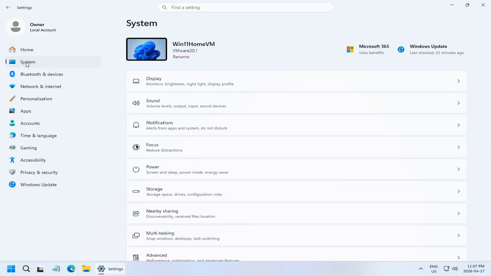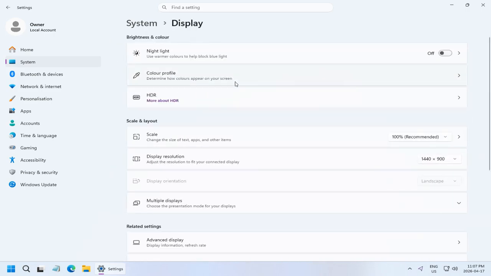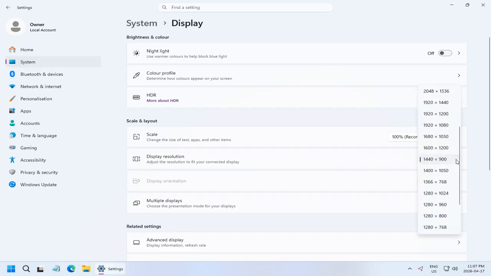on the left, and then on the right-hand side, the very first choice here is Display. Click on that, and then under Scale and Layout, first thing we're going to play with is Display Resolution. So currently we're at 1440 by 900. If I click the little down arrow on the right hand side,